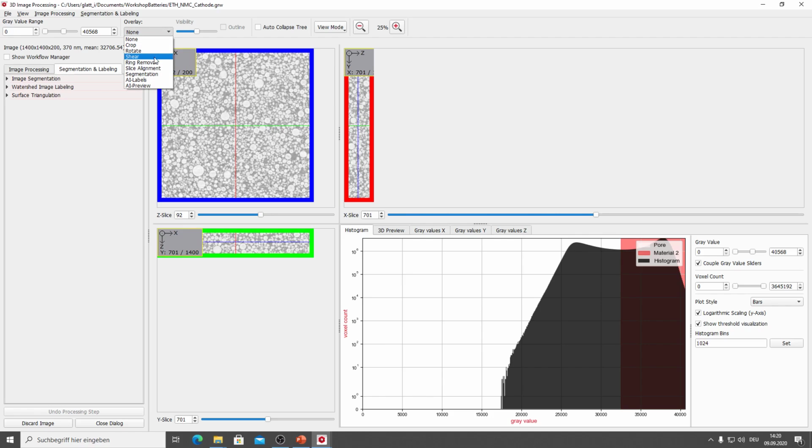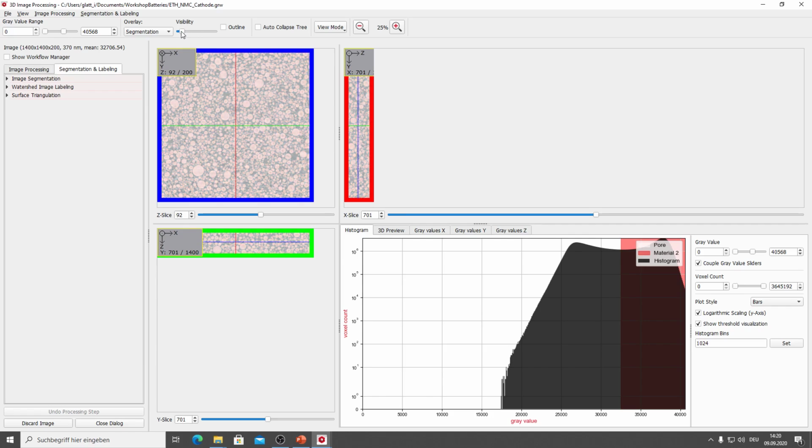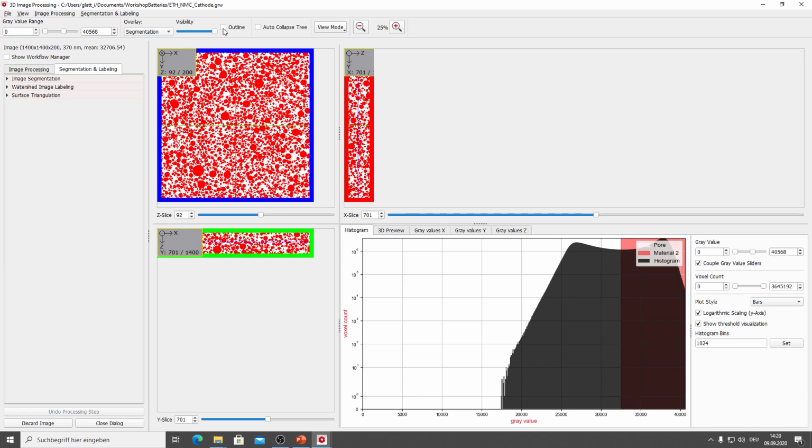But you could also go to segmentation, and then you can see the threshold or the segmentation as it would be done at the moment with a chosen threshold. If you choose the visibility slider and move it to the very left, you can see again the gray value image without any overlays. If you go to the very right, you see only the segmentation. And if you have something in the middle, you can see both at the same time.